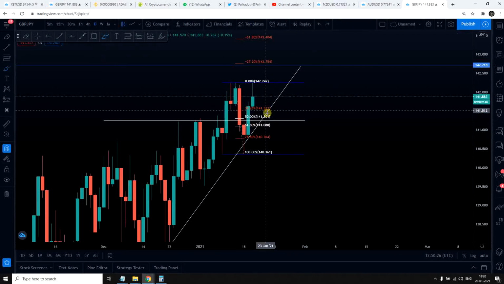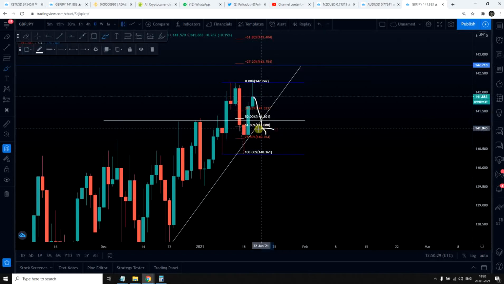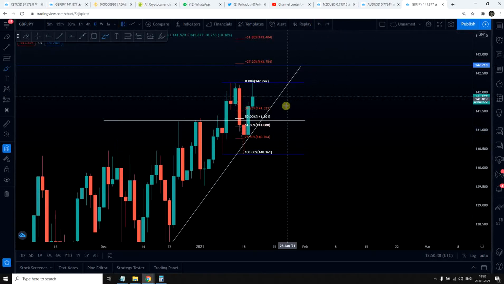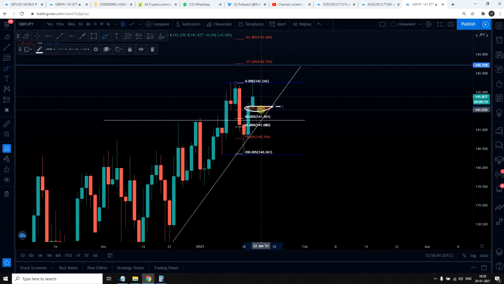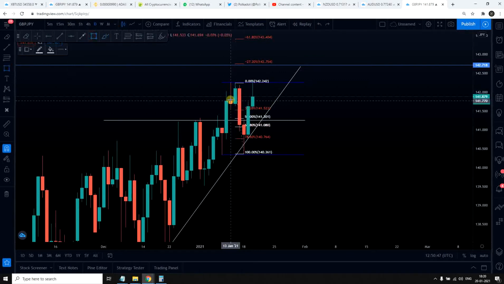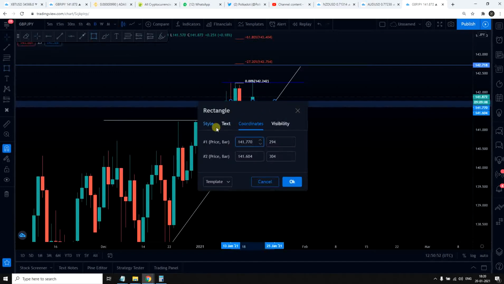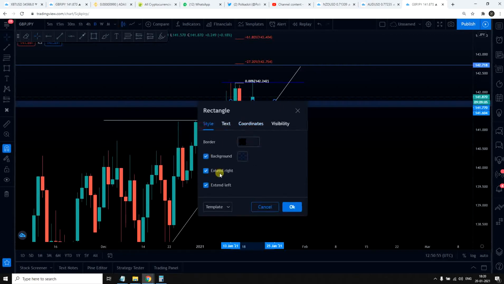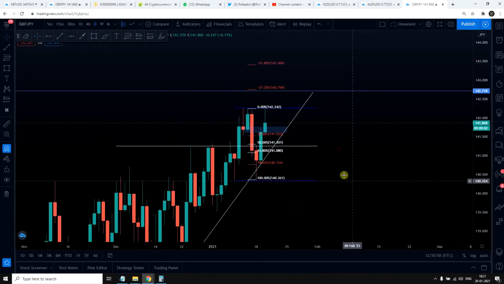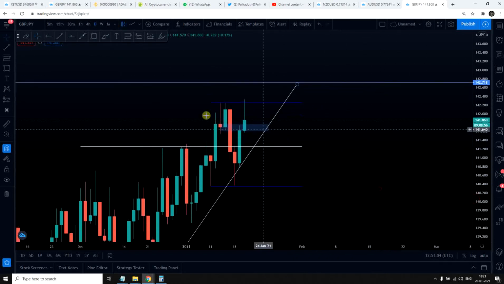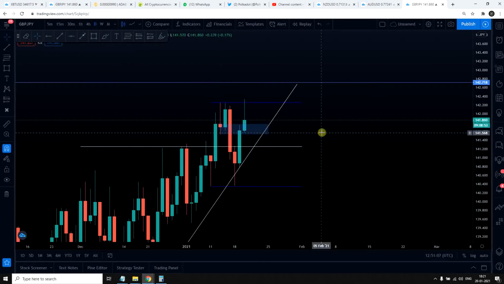If market breaks this, then market will come down to 78.60 level. So at the same time, we have another supply demand zone at this level also. But first probability is market will come to this level and we can enter for the longs. So let's mark this as our possible area to enter with the help of this candle, because this is an irrelevant candle for the bullish structure. So we got the possible area to enter. That's it. We are done with the daily time frame.